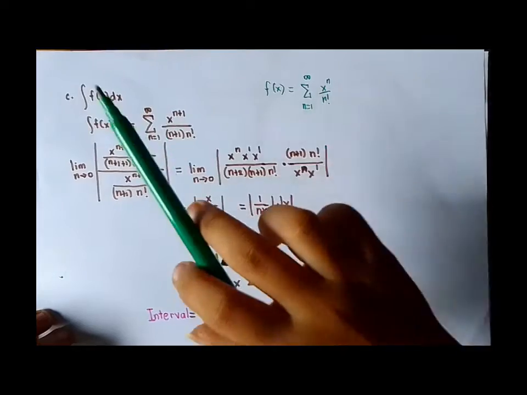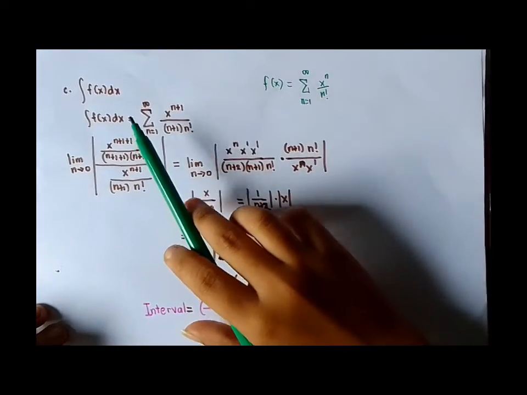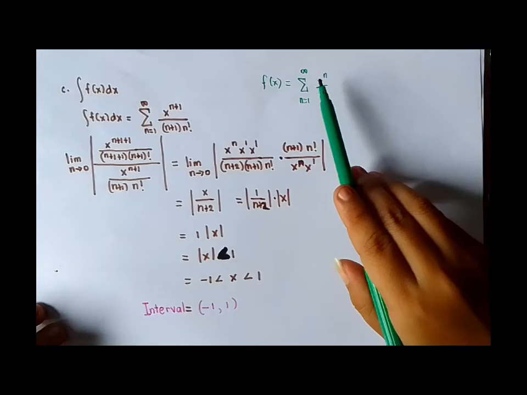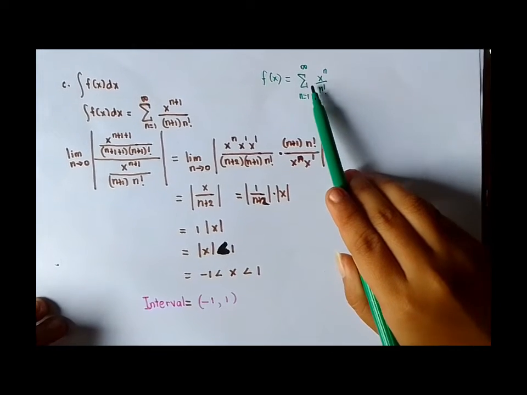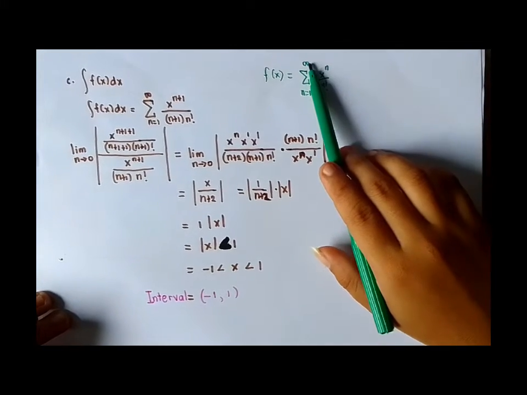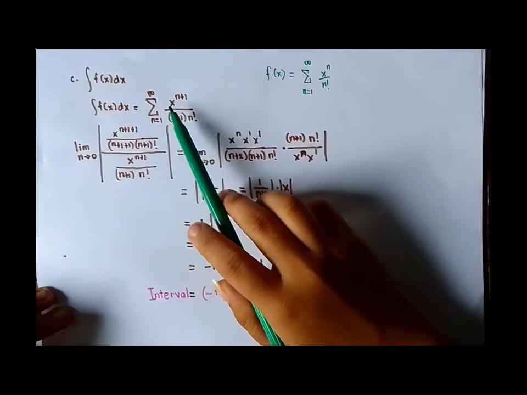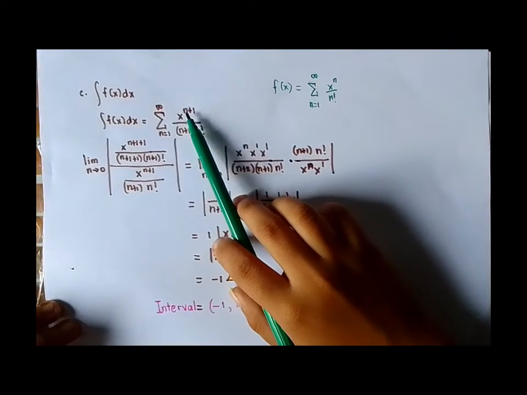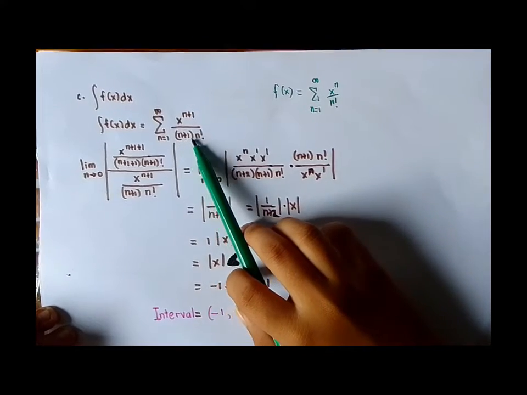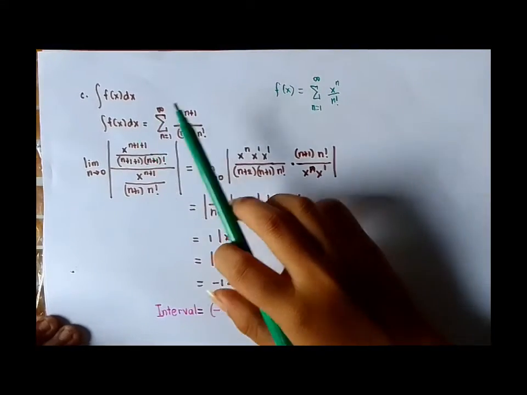And here for letter C, we will take the antiderivative or the integral of our given function, the sum of x to the power of n over n factorial as n equals 1 until infinity. So we have here the integral of our given function. We have the sum of x to the power of n plus 1 over n plus 1 times n factorial as n equals 1 until infinity. Then we will